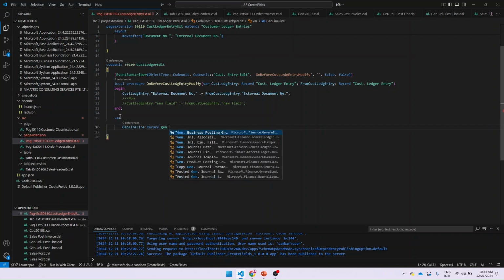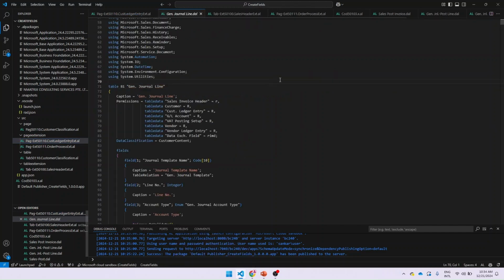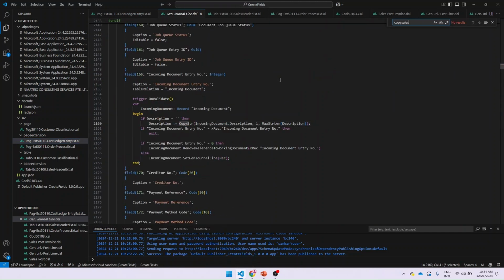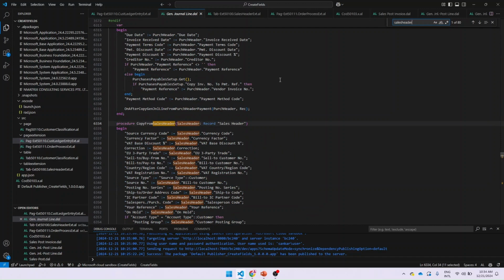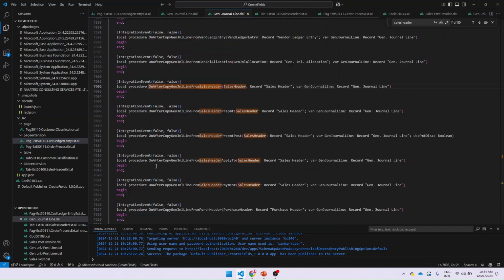Okay, so I will go to the general journal line first to find the event. Whatever the name, it doesn't matter. So I will go to this. I will search copy from sales header, any event. All right, so we got copy from sales header. We can hook this event. Go to definition, grab this,